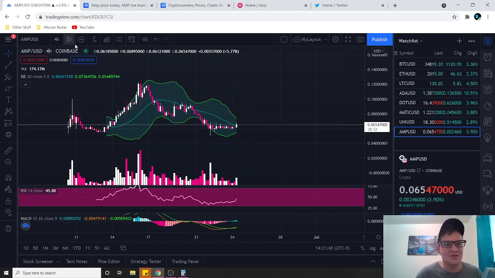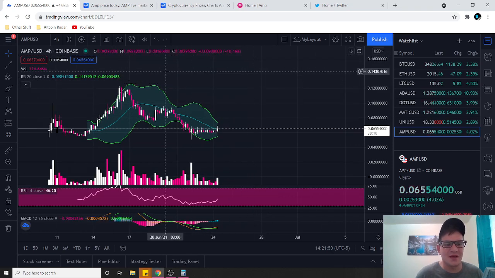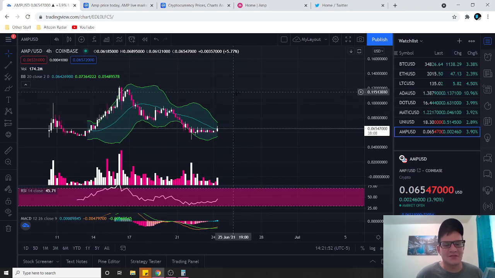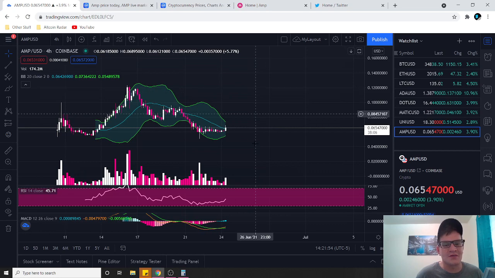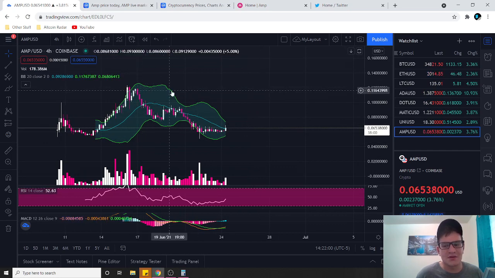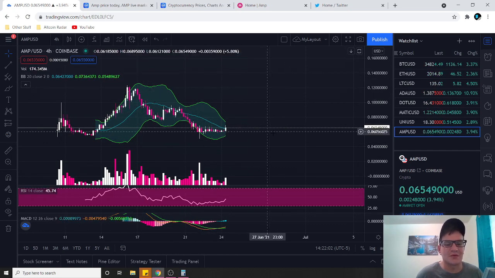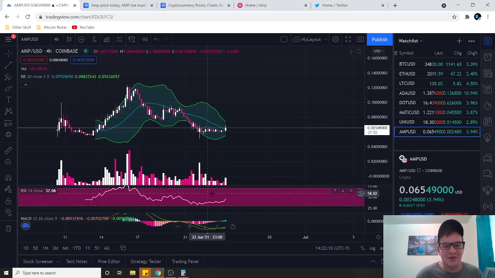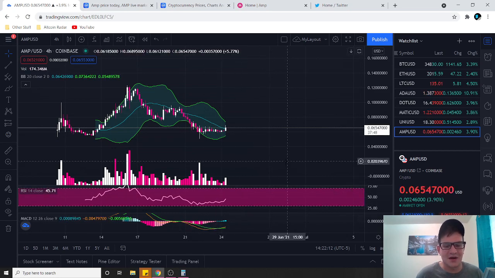But what I do is, as far as AMP goes, I'm looking at the current 4-hour chart right now, and what I'm noticing is the current trend is obviously going downward. But I do feel like it could be starting to trend back upwards. RSI is down pretty good right now. It's definitely due for going up higher.